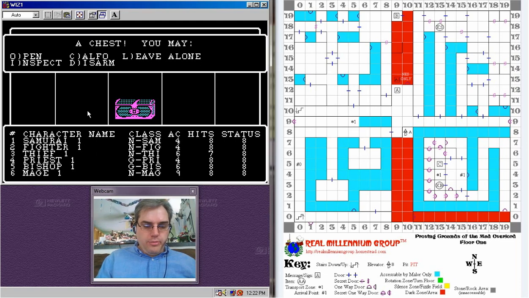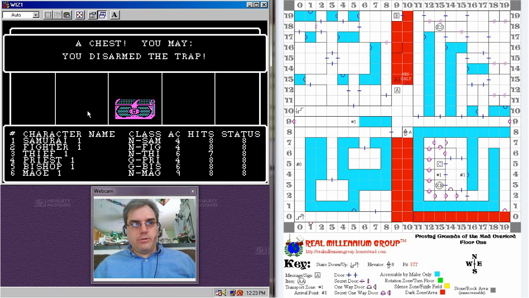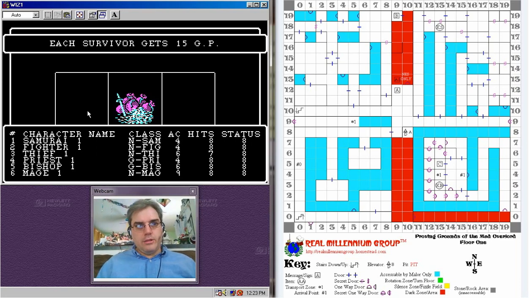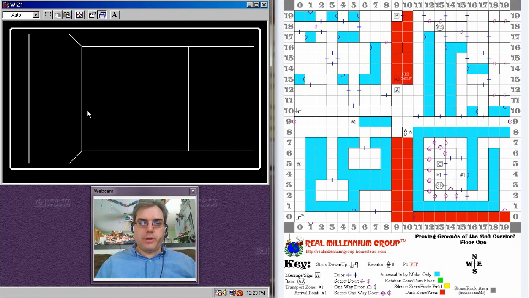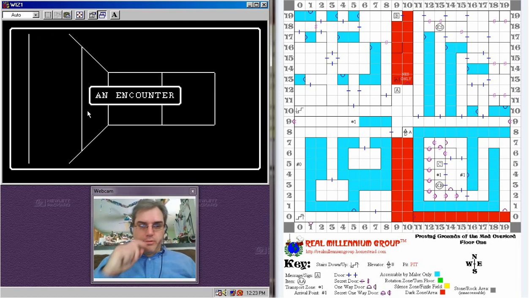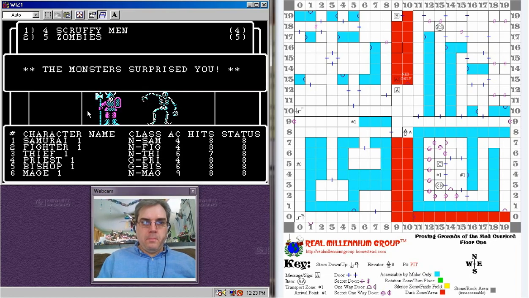So what we will do, we will try to disarm the trap. Our thief again. And we need to spell the name of the trap. Spelling does count, both for spells and traps. Stunner. And it was stunner. He got it right. Again, in the early levels, thieves may not always identify the correct trap. And if you try to disarm the wrong trap, you get hit by whatever the actual trap is. So we can wander around. Another encounter. Oh, they surprised us. Oh, and this is not going to be good.